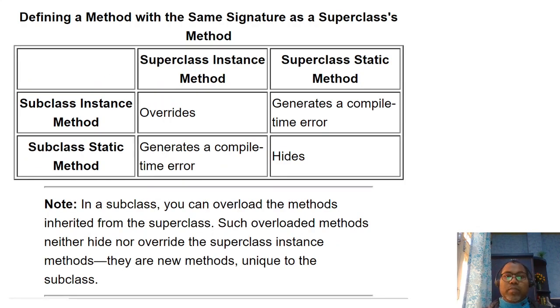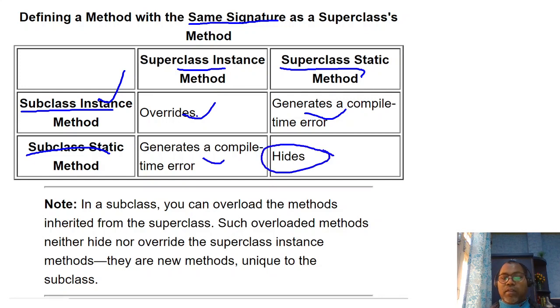So this is some overriding a signature. What does signature mean? Whenever you have a subclass instance method, or a subclass static method, I will explain. In the case of a superclass instance method, if in the subclass you define the same method, that is overriding. Similarly, if the superclass has a static method, it is a compile time error. Similarly, in the subclass you are defining the same method, you are hiding it here. So as discussed, always try to